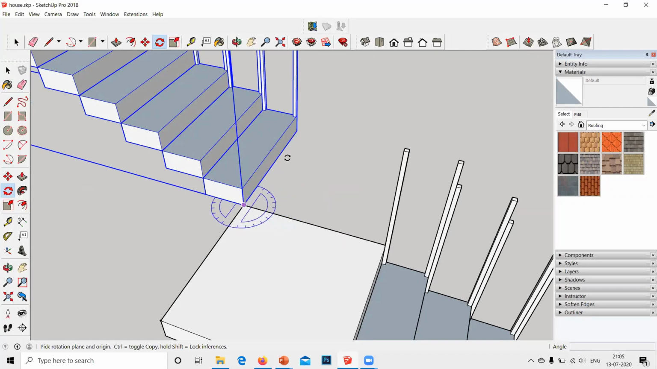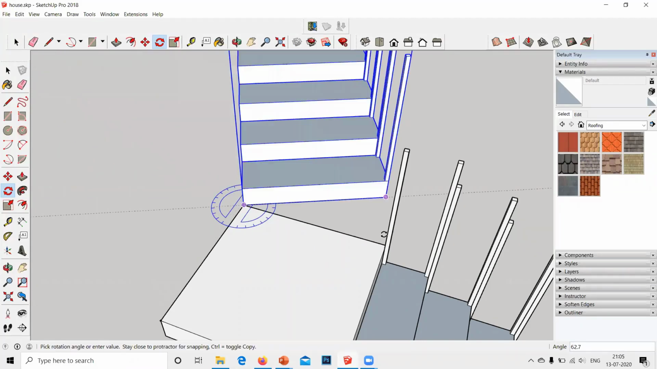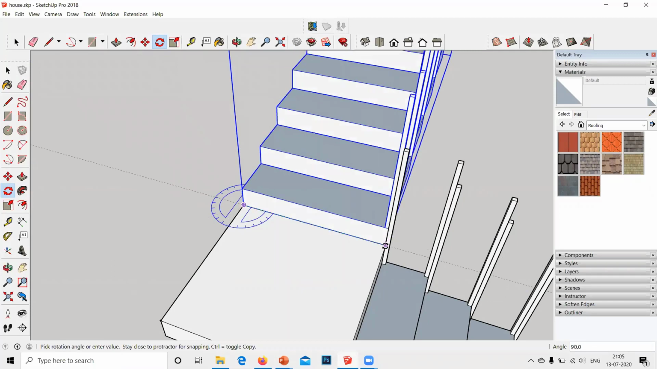Click on this endpoint. Use this push and pull option. Select the other endpoint and go inside. Click on it, enter once and move 50. See? Move your mouse towards this endpoint and click. I have created